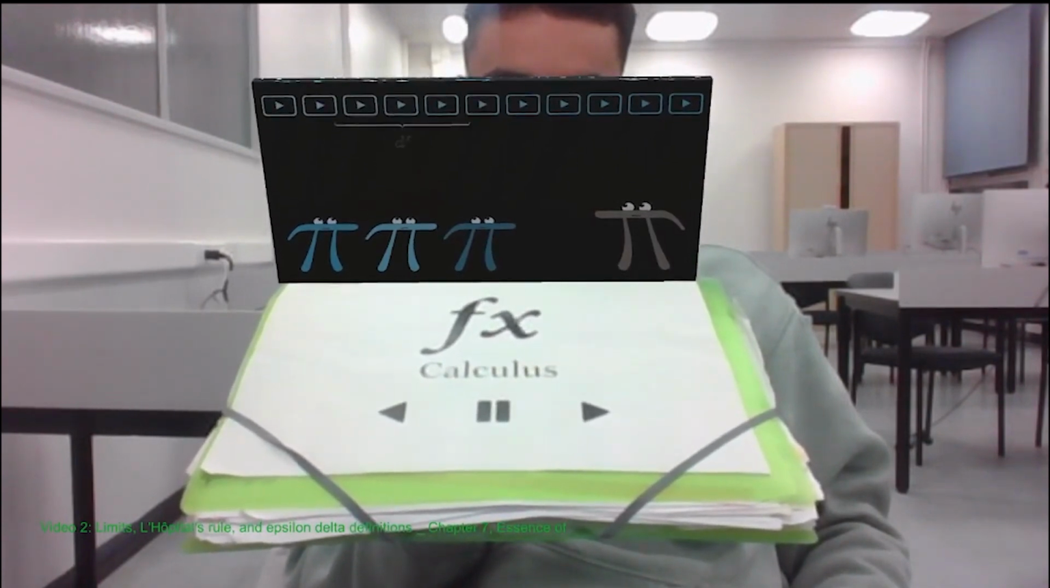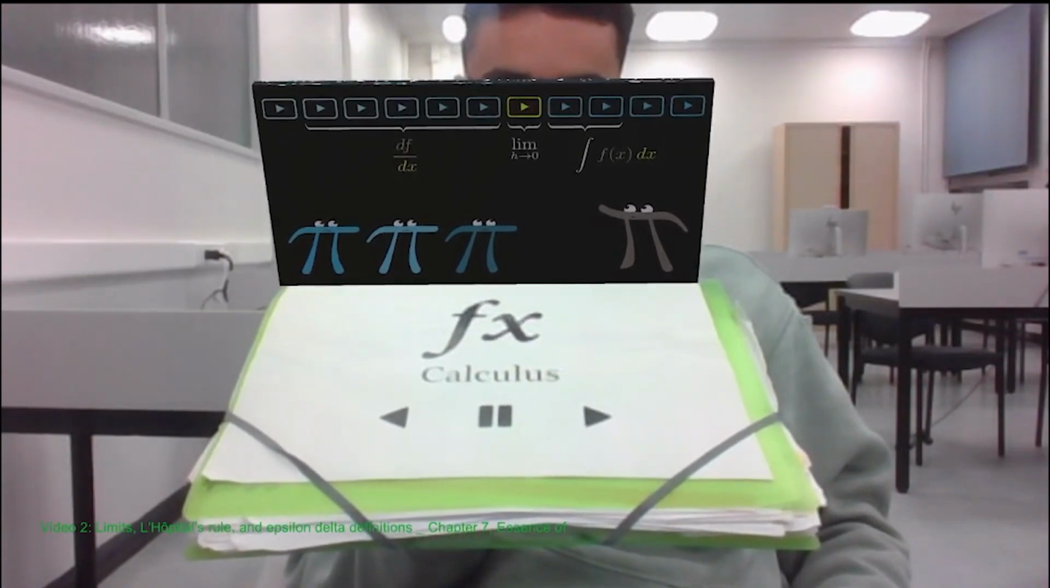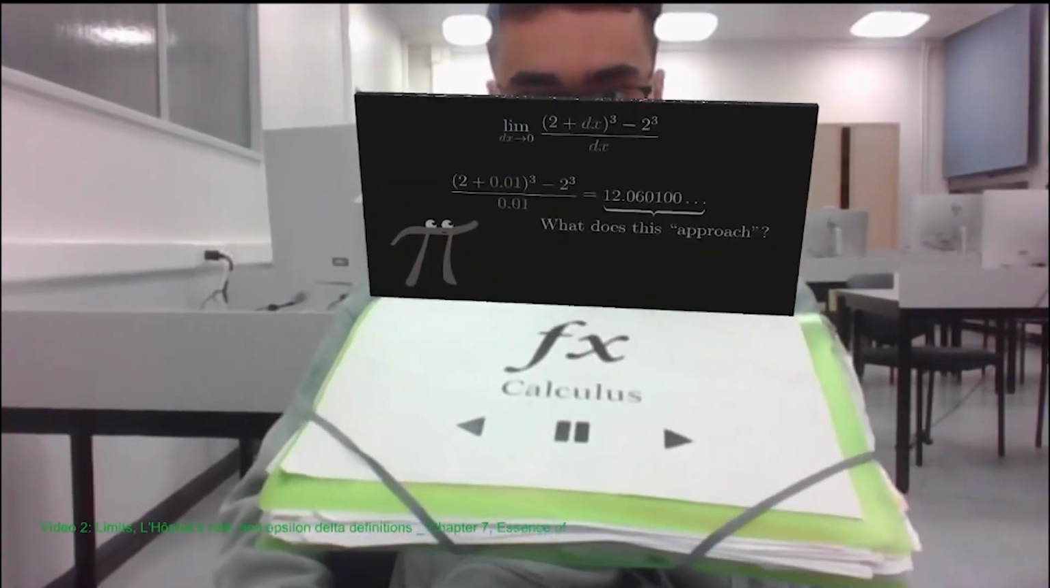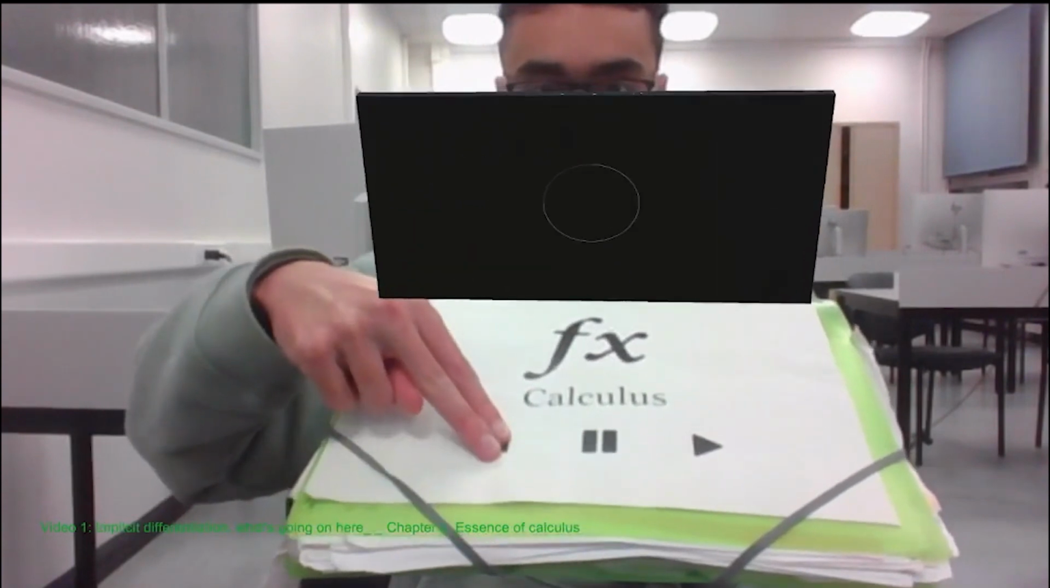The last several videos have been about the idea of a derivative, and before moving on to integrals, I want to take some time to talk about limits. To be honest, the idea of a limit is not really anything new. If you know what the word approach means, you pretty much already know what a limit is. You could say that